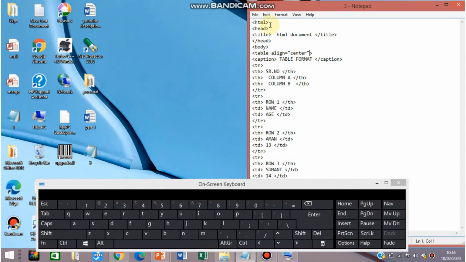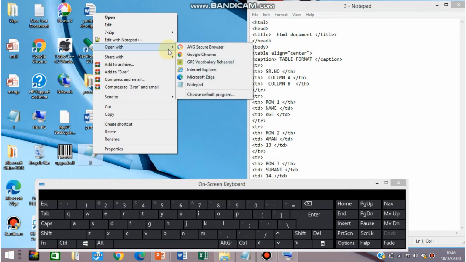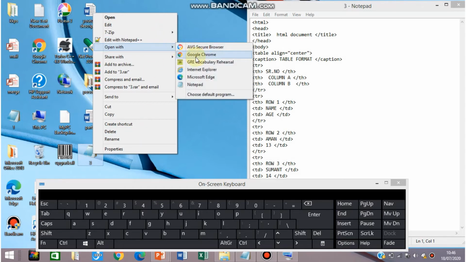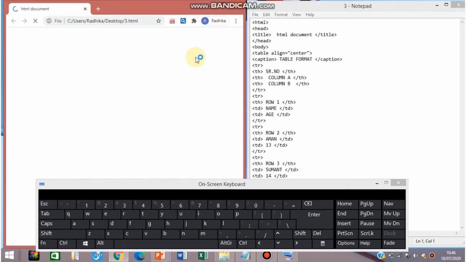After saving it, on the desktop, where I have already saved the file, right click on the notepad icon, then from this list select open with Google Chrome. Any browser you can choose. I am choosing Google Chrome.